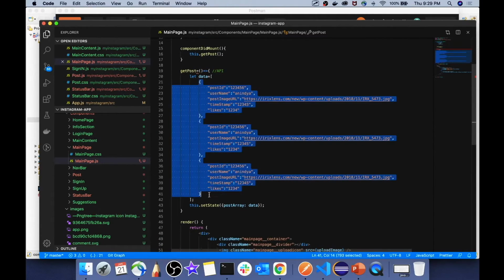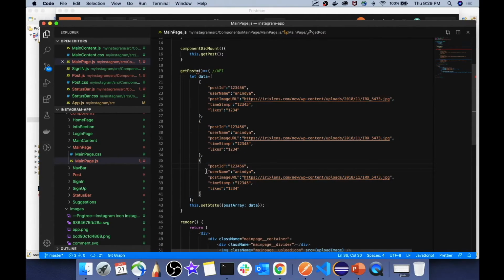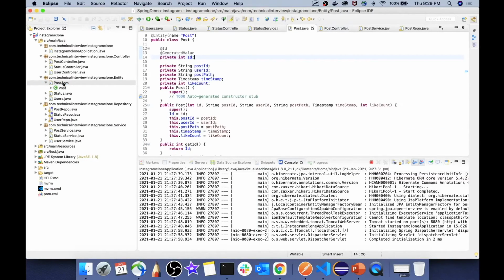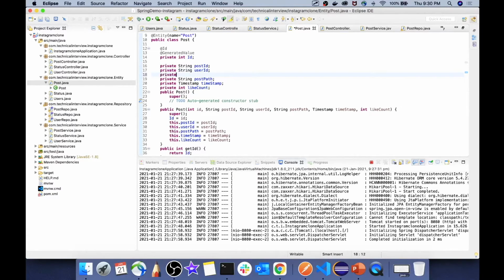But if you have remembered, while creating our front end, over here in our post service, the dummy JSON that we have requested over here was expecting a username just like our status service. So over here also in our post entity, we will add one more attribute which is known as the username, so that we can get to know what is the username of the user who has posted the particular image into our Instagram application.